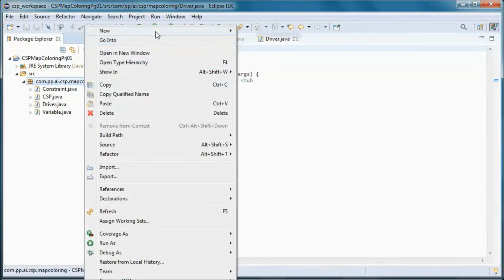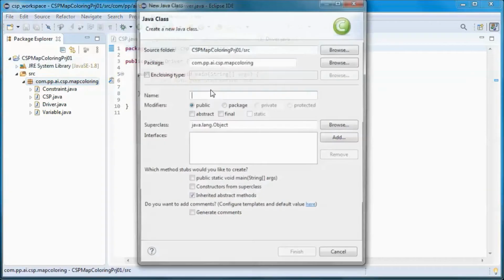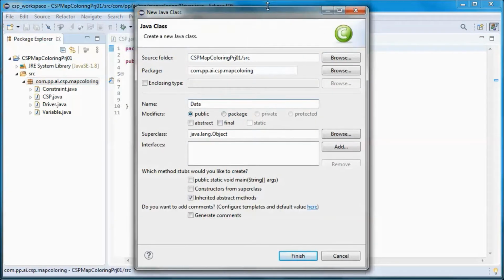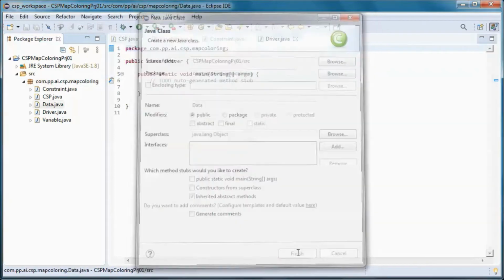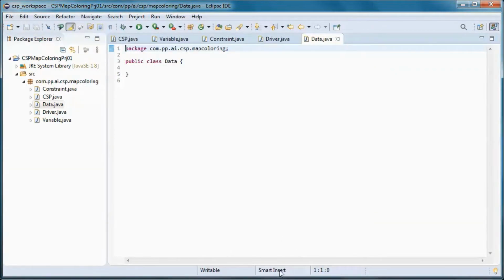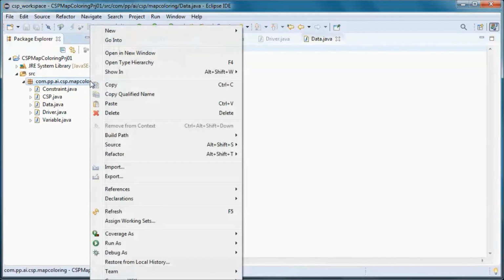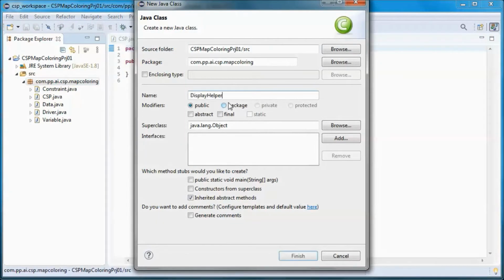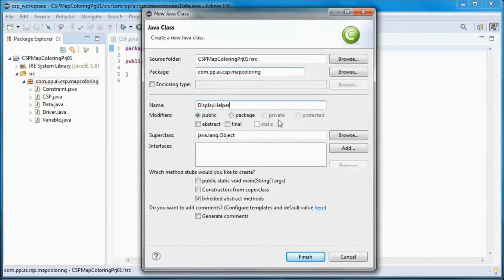and this will have the data, so the list of states and their neighbors, and this will be a display helper.